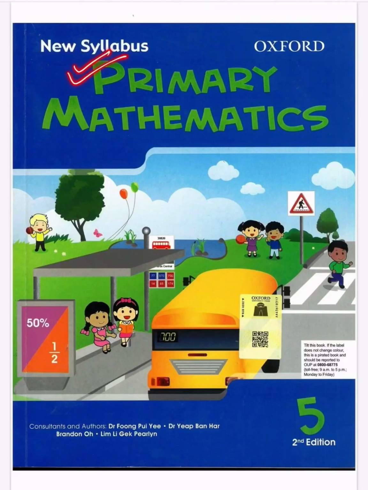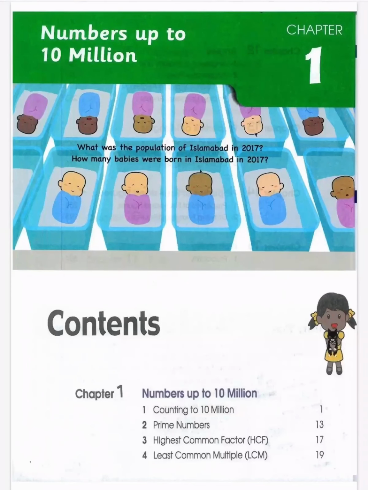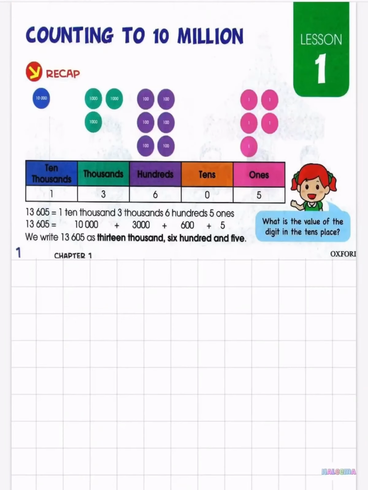This is the book I'll be solving and I'll make sure you understand every bit of it inshallah. We'll start off with chapter 1, counting to 10 millions. This question has already been solved, but I'm going to give you a quick recap so that there's no further confusion. If we were to start writing this number